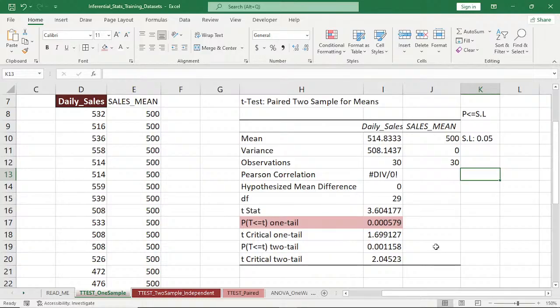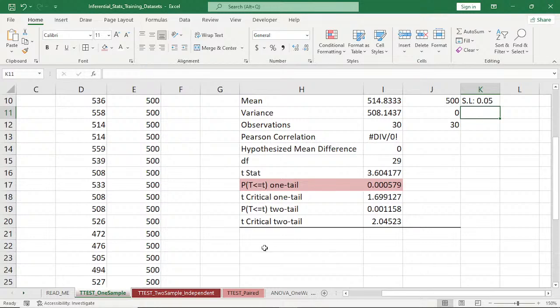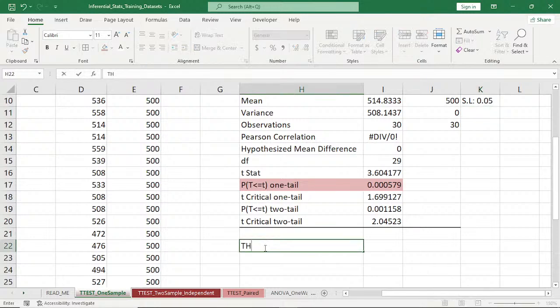Beautiful, Amina. Beautiful. Reject the null when it is less than or equal to the significance level. Beautiful. Now, what that means is that we reject the null hypothesis. So what this entails is that based on our result, we can now say that there is